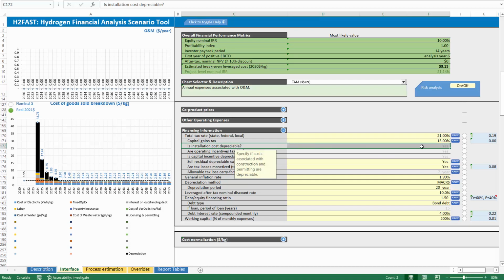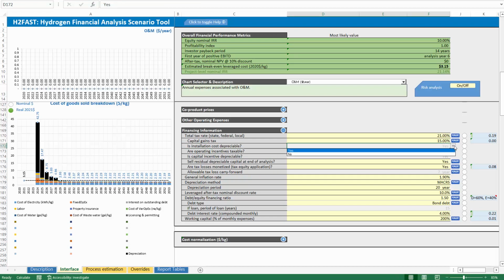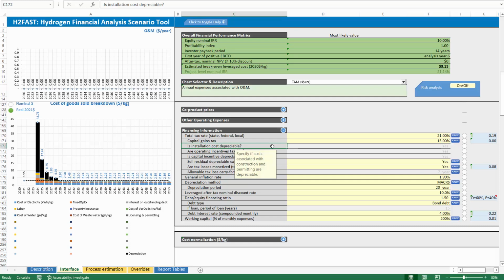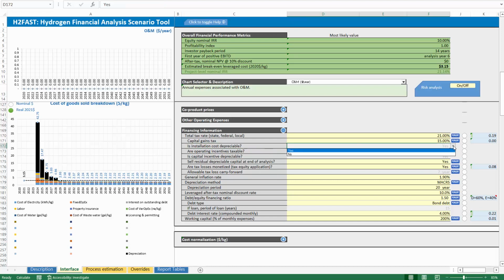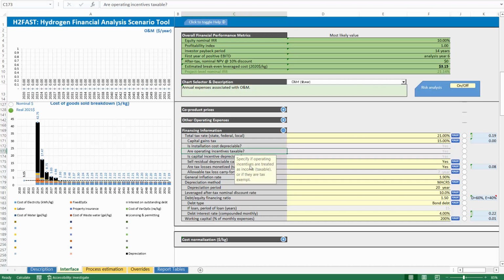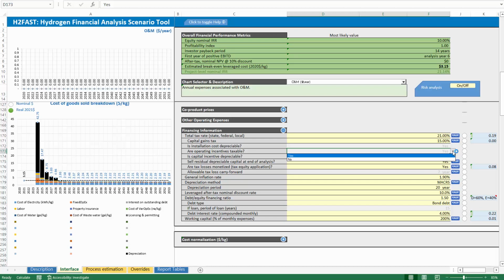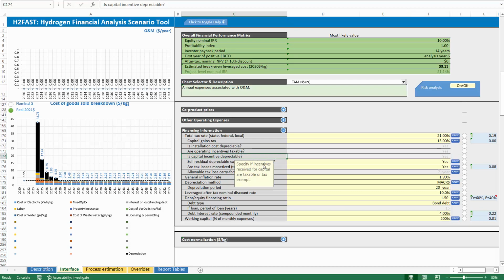There's also some Boolean selectors. So for example, if you want installation cost, would that be depreciable? So if you have any land improvements that might not be considered depreciable, you might choose to say that is depreciable and non-depreciable. Also, if there are operating incentives, you can choose to say, are those taxable or non-taxable? Capital, and again, all the definitions, you can click and read them for yourself. This capital incentive depreciable,